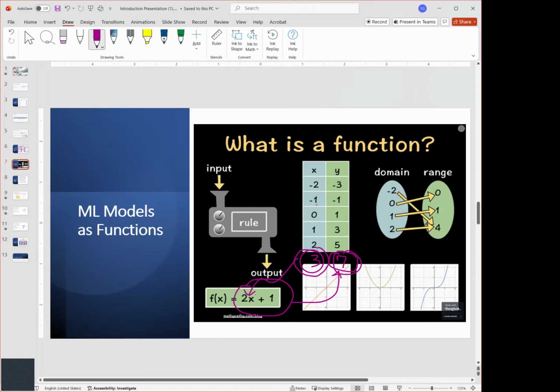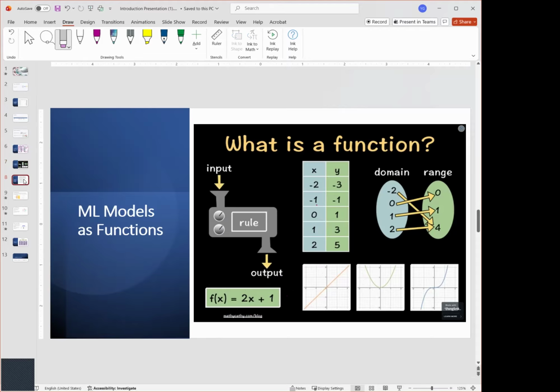And since we knew the function, we can enter the new input into the function. The function is going to give us a new output, the unknown output. So we're making a prediction. We're predicting the future, using the function. We can use the function to predict unknown outputs. Whatever output we don't know, we can predict using the function. So that's how we use functions in machine learning.